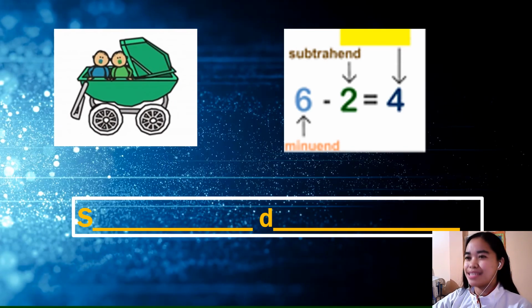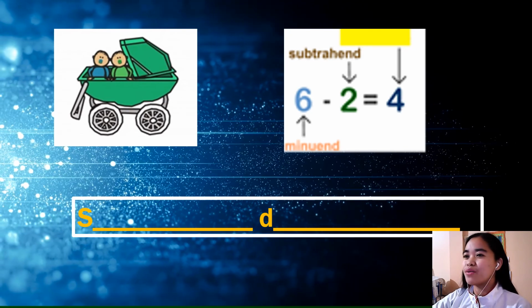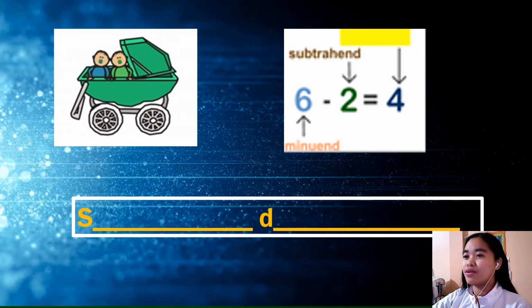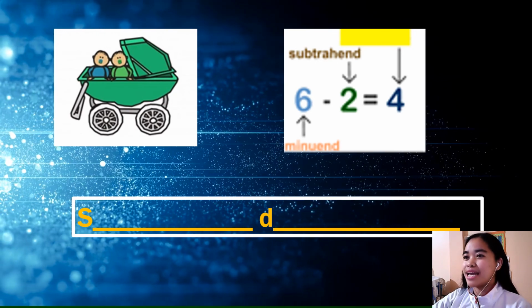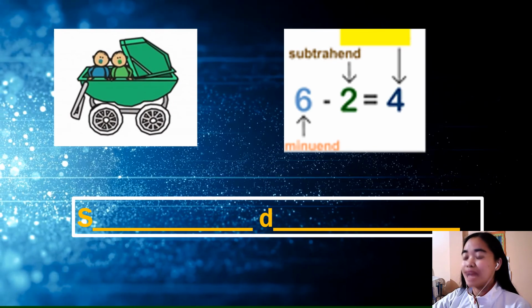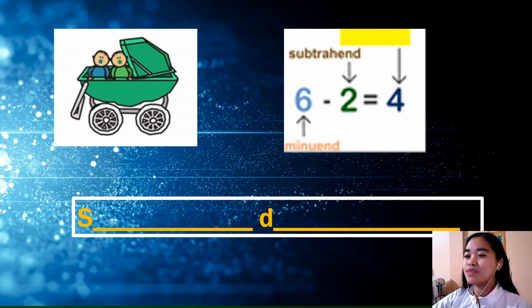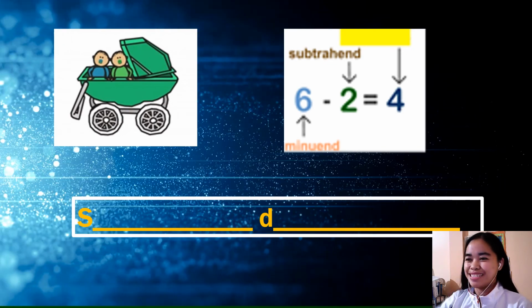When you say 6 minus 2 equals 4, what do we call the word? What do we call 4? If 6 is the minuend and 2 is the subtrahend, what is 4? Your answer to that is the second word in this pair of oxymoron. So,